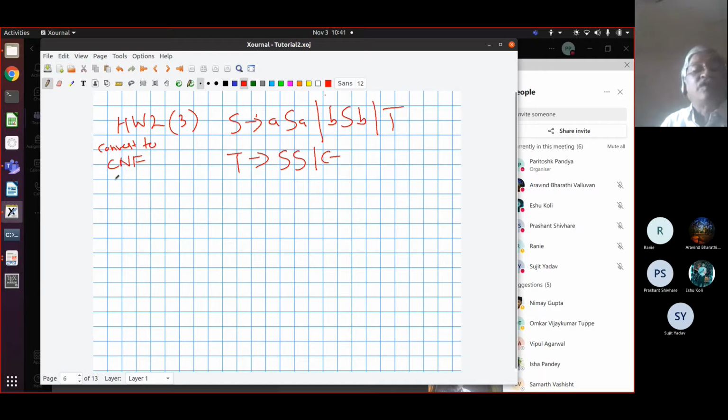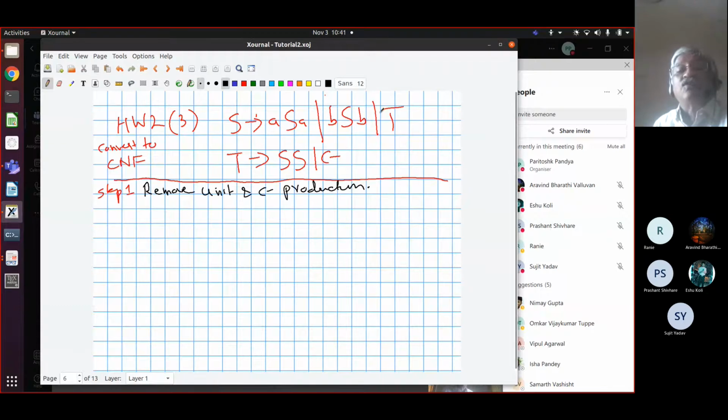What is our systematic procedure for constructing this? Step 1 is what? You need to add all the, I mean, eliminate in a sense all the epsilon and unit productions. Right. You're not eliminating that directly, but add and then eliminate. Yes. Unit and epsilon productions. So the way to do it is wherever this T occurs, which is a unit production, anything implied by its right hand side you add as a rule. So substitute this T by its right hand side because this is a unit production.